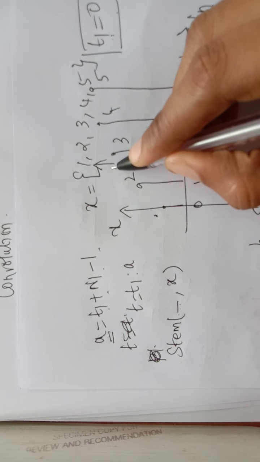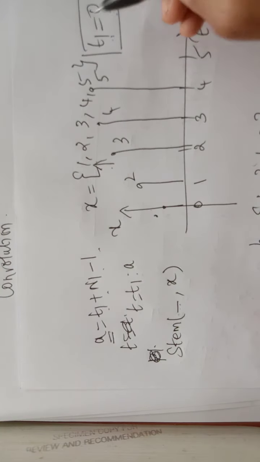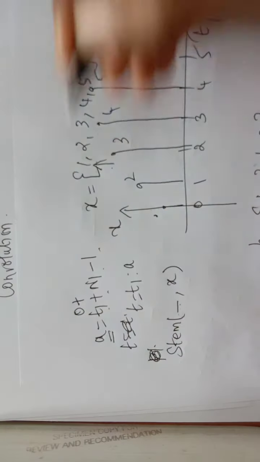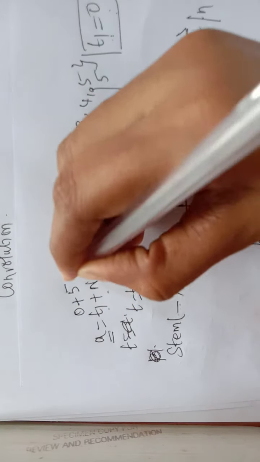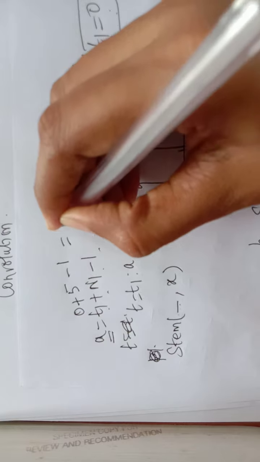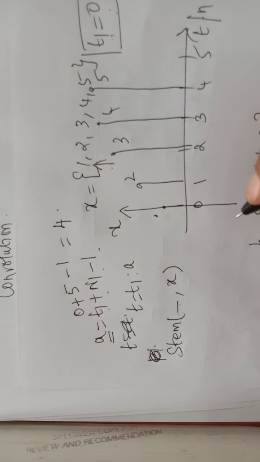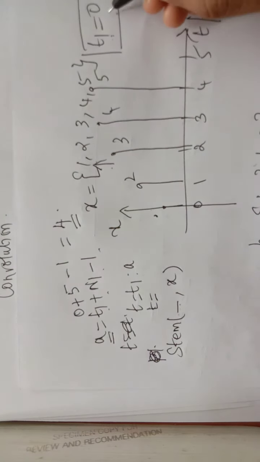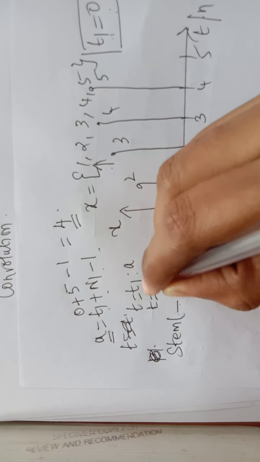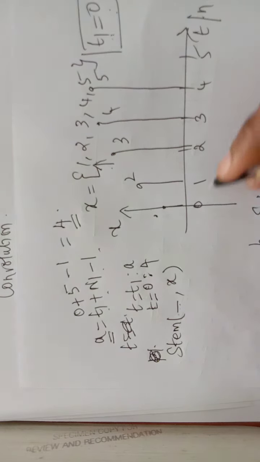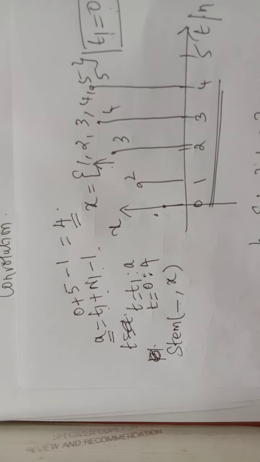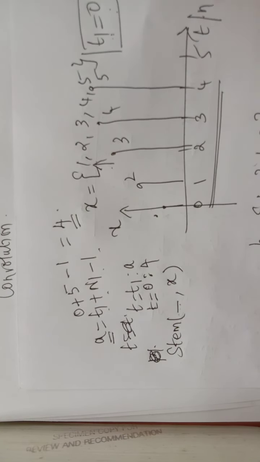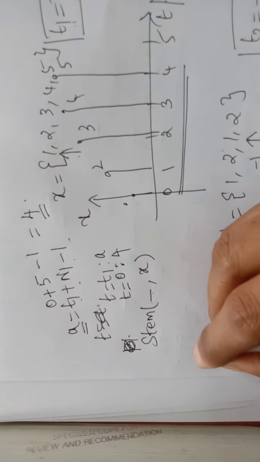According to this, the t1 value is 0. So 0 plus, what is the length of n1? 5 minus 1. So what is the a variable? It is 4. Okay, so now this t starts from the t1 variable, 0 to 4. Whether you got it like this, 0 to 4. Suppose my index is different, for example, just consider this.